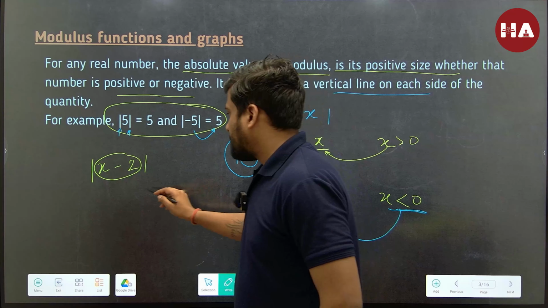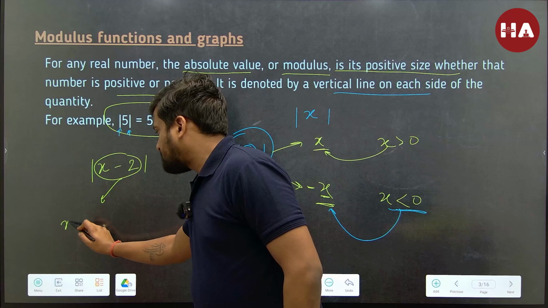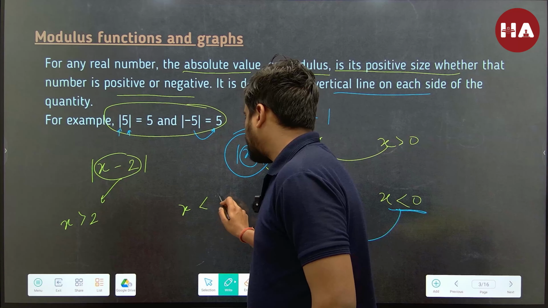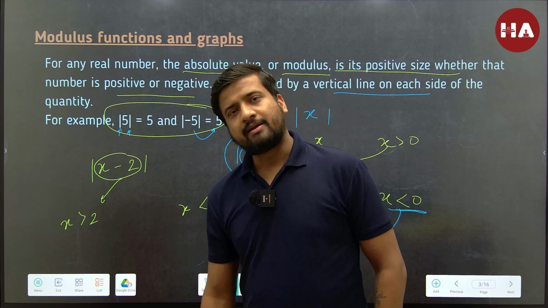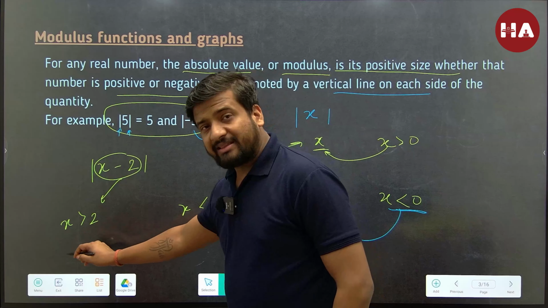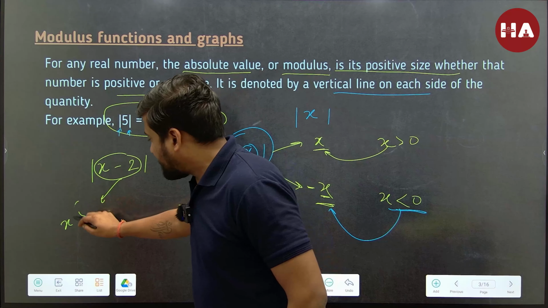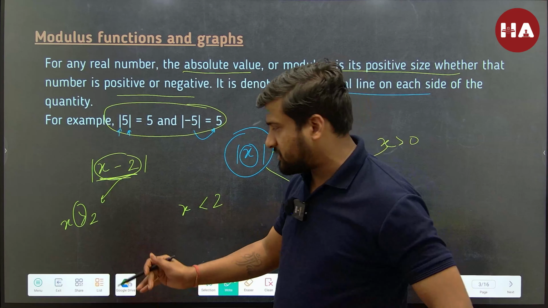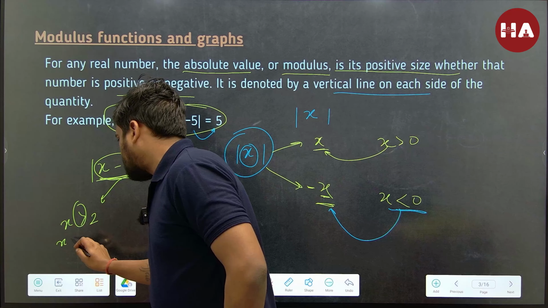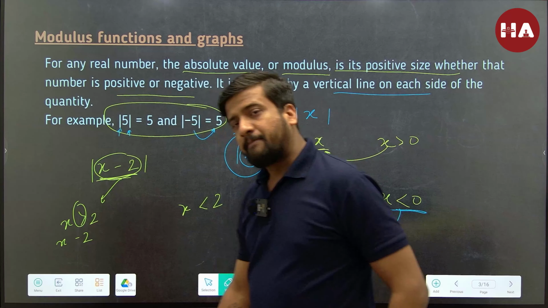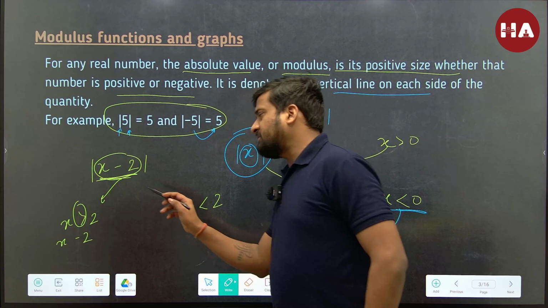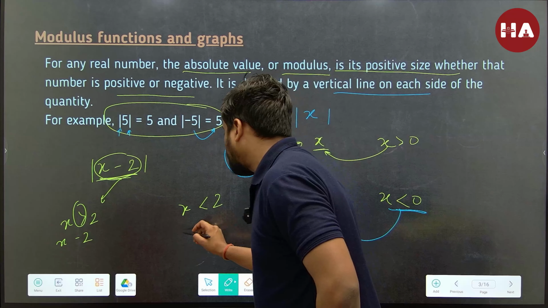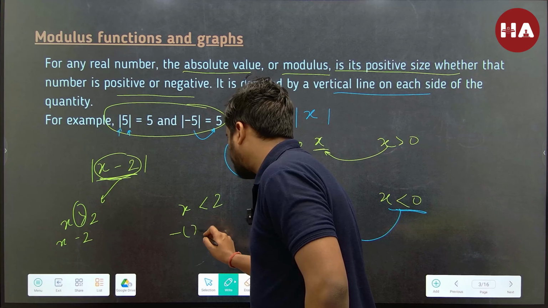So what I'll get, x is greater than 2 and x is less than 2, right? When x is greater than 2, for greater values this function always opens like a normal function, so I'll get x minus 2 only. But when x is less than 2, what I'll get is minus of